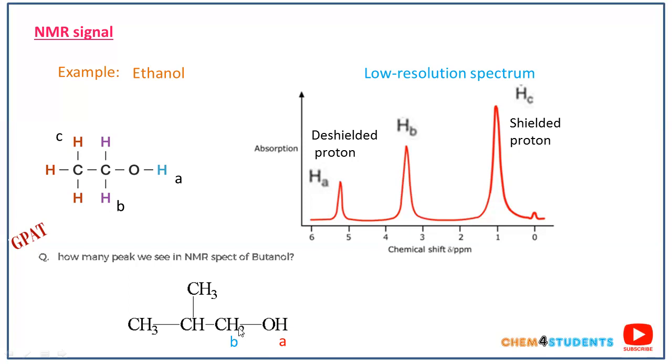And the B type of proton is slightly de-shielded. And the C type of proton is very far from the electronegative atom. That is why the C type of proton is completely shielded. And the D and E type of protons are also at different distances from oxygen. That is the reason we get two different types of signals here as well. Finally, we get 5 different types of signals for butanol. The answer is 5.